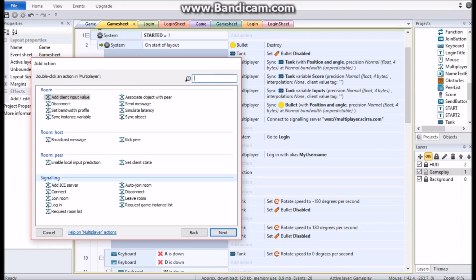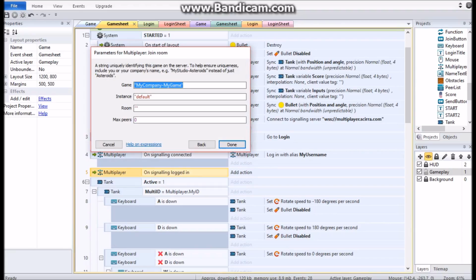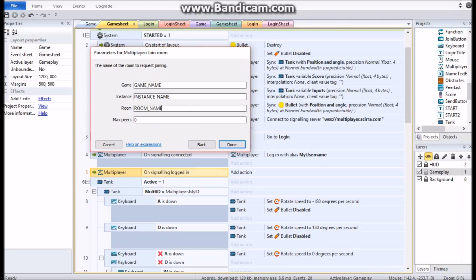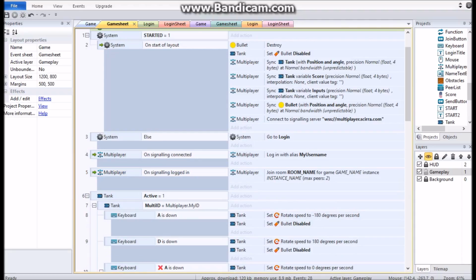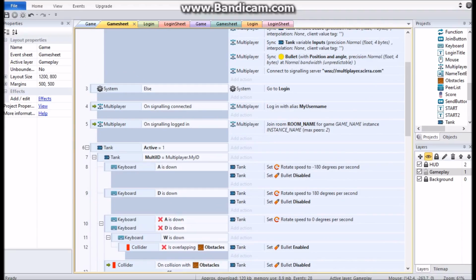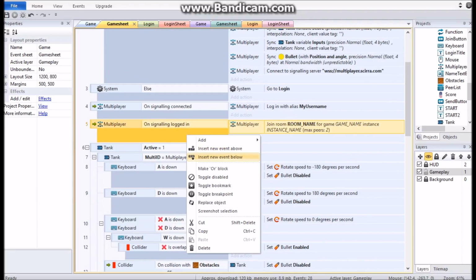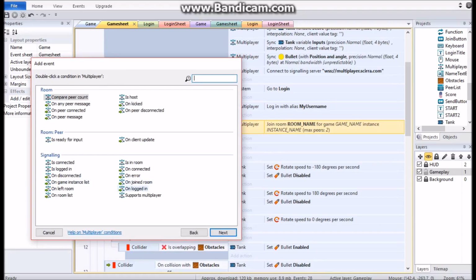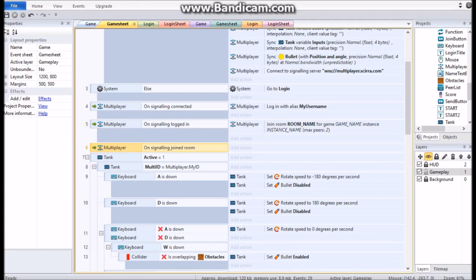So on logged in, we join the room: game name, instance name, room name, max peers 2. You see why we did all this? It's just a ton easier. So insert new event below. When we join the room,